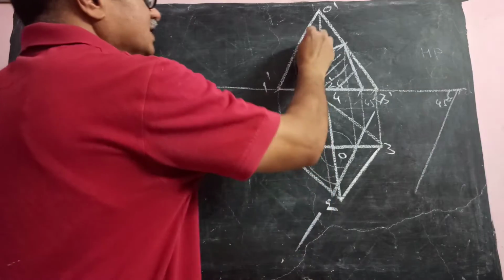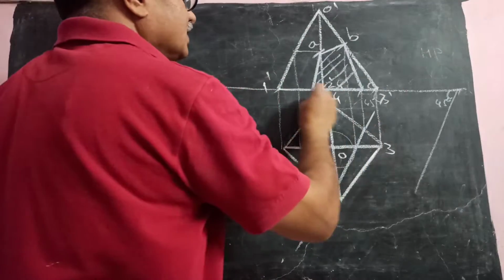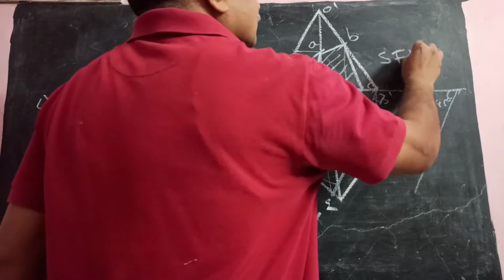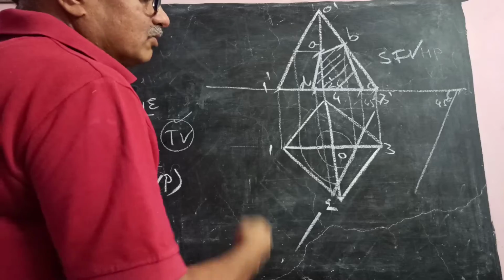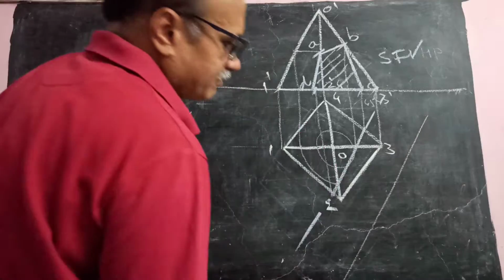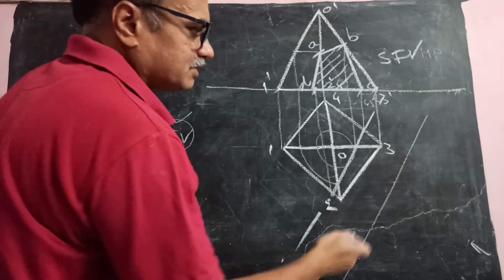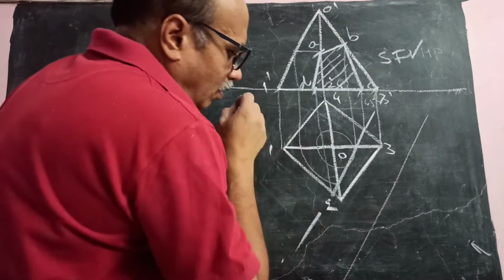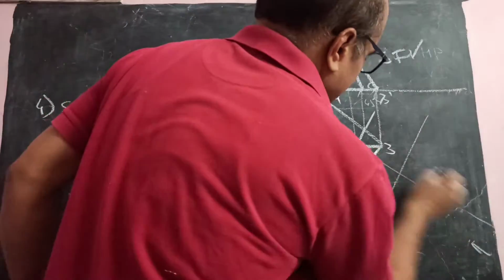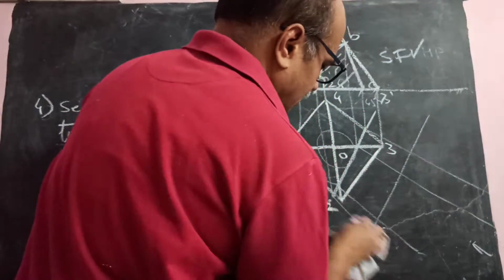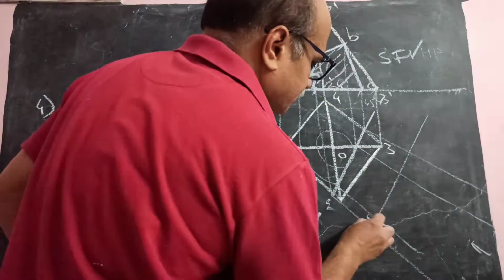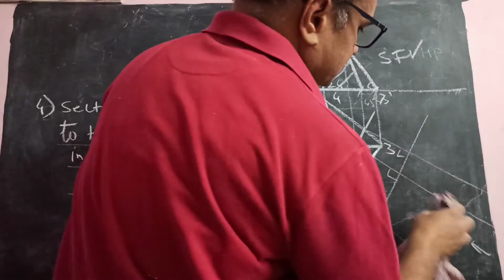You have got four points, that is A, B, C and D. So this is the sectional front view. Now to get the true shape, again the same method: draw a line parallel to the cutting plane line, because if you look from this side, you can get the true shape. Project these points 1, 2, 3 and 4. All these lines must be at 90 degrees to this line, and all these lines should be parallel to each other.